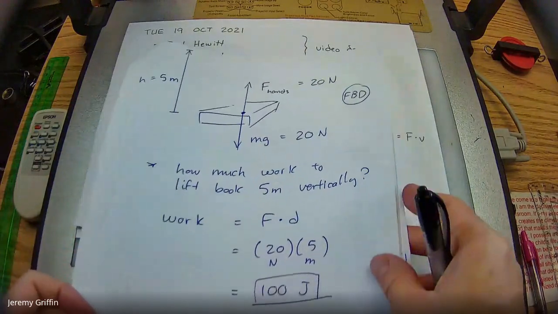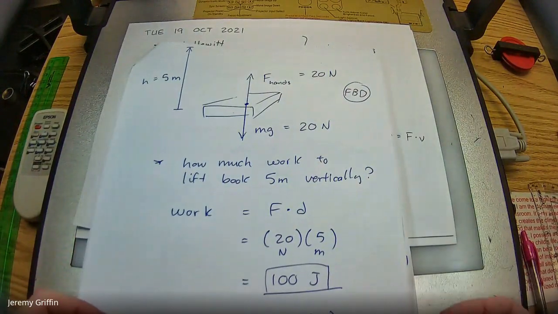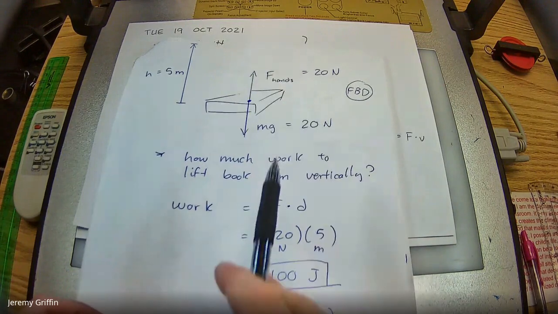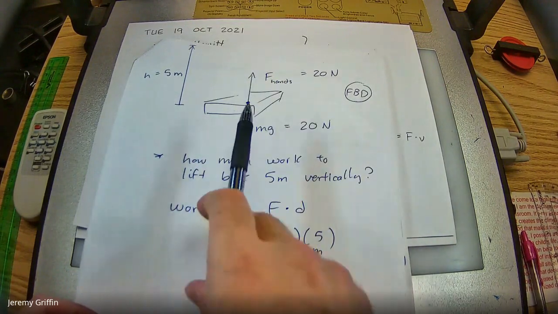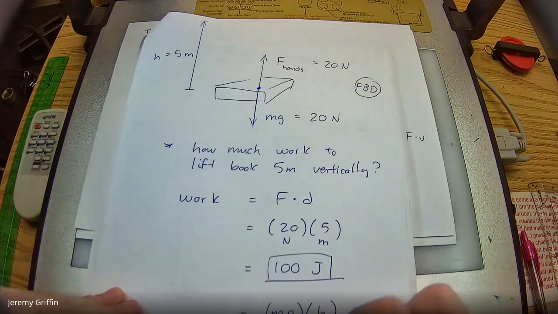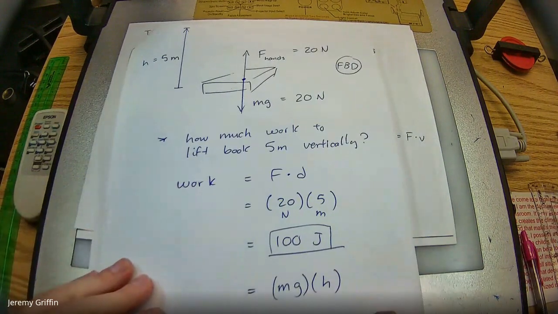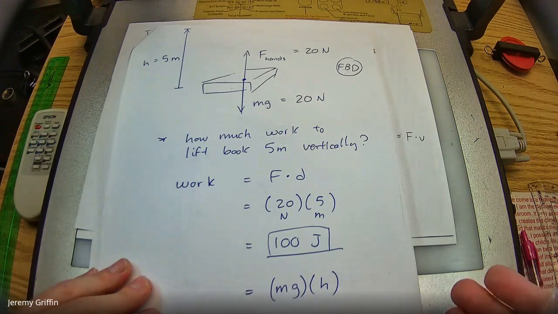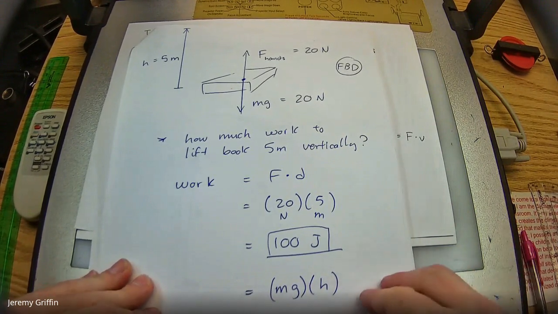But if you lifted the textbook, well, you have to do work to lift the textbook, right? And that would be force times distance because they're all in the same direction. So you push upward, you move the book upward, just multiply those together. Some number of joules associated with that. If I did that much work on the book, that means I transferred energy into the book. Kind of like those dominoes that fell down. They had the energy stored in them.